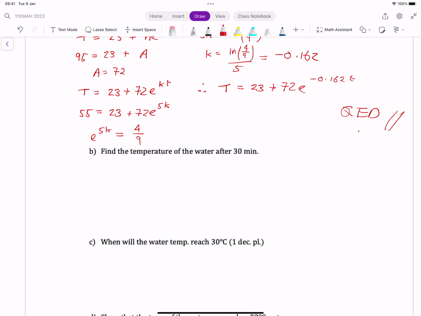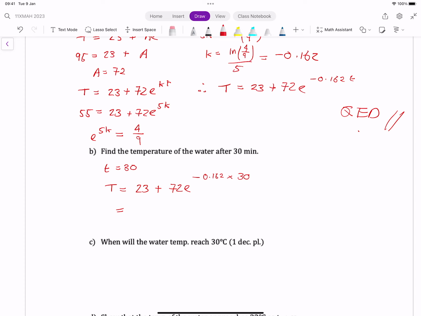Find the temperature of the water after 30 minutes. All we've got to do is substitute t equals 30. So T, the temperature, is equal to 23 plus 72 e to the minus 0.162 times 30. What's that? It's going to be like 23 point something. 72 e to the power of minus